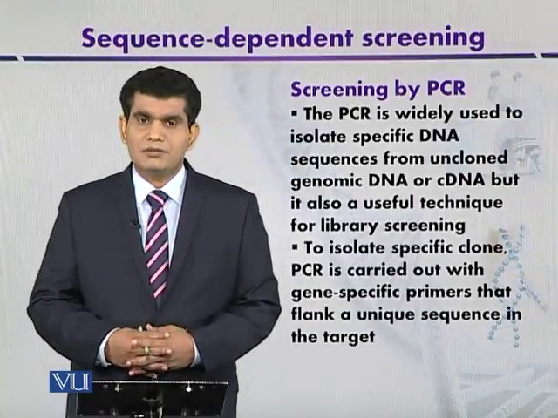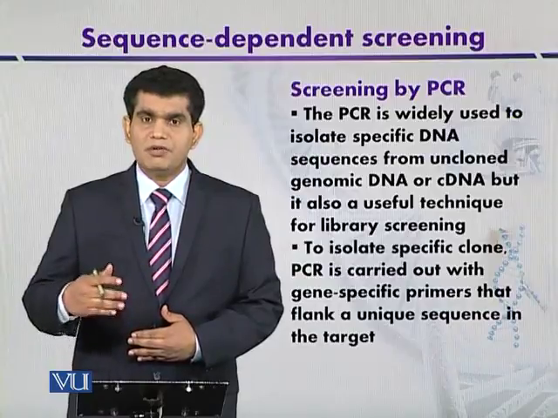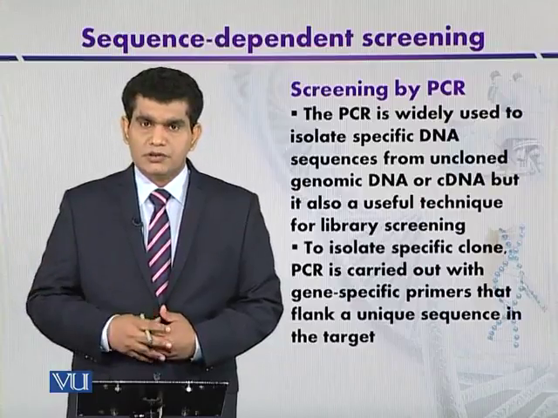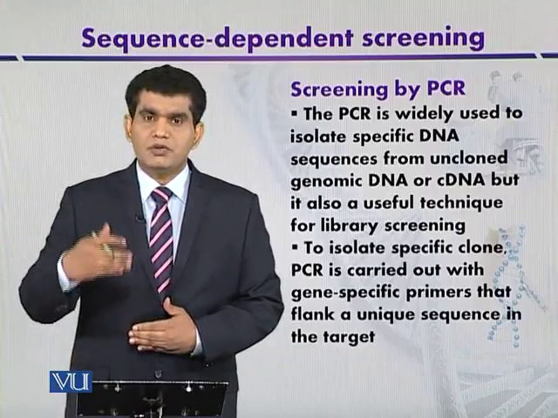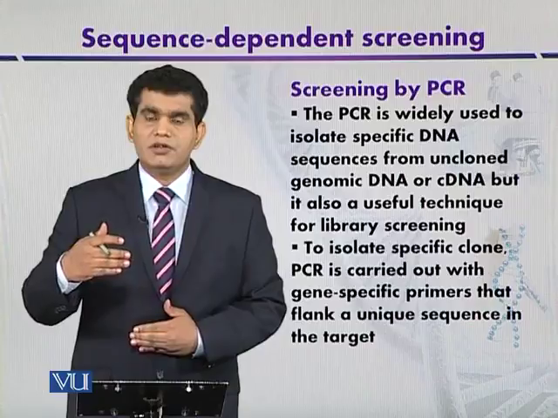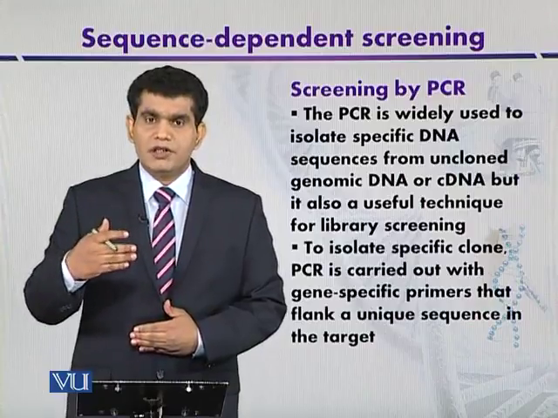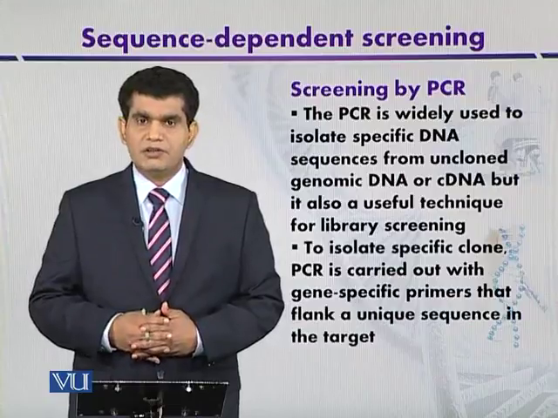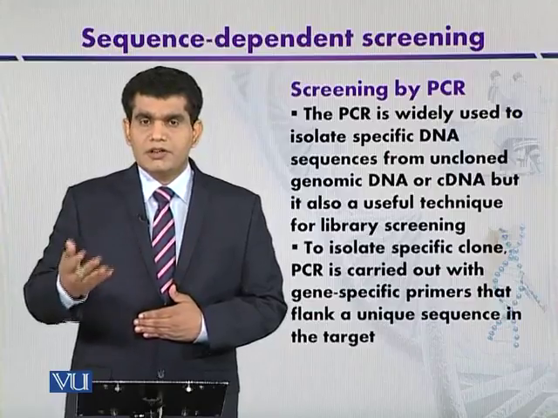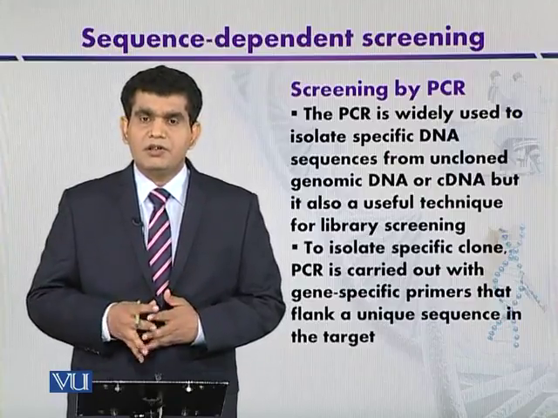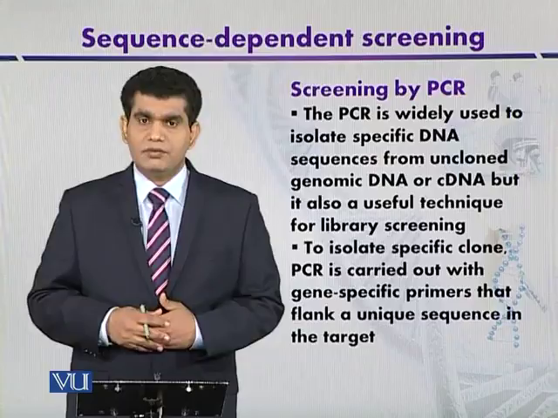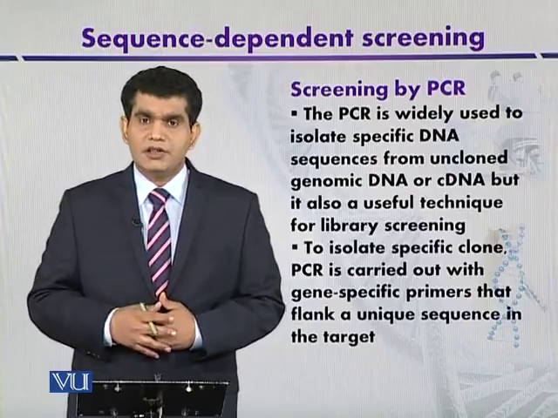Screening by PCR. We discussed previously that PCR can be used for the screening of different DNA from different sources. Although it can also be used to isolate our gene of interest from the source DNA by the process of amplification, or you can say that uncloned DNA can be used for the isolation of a specific gene by PCR. But in addition to that, PCR can also be used for the screening of DNA libraries or cDNA